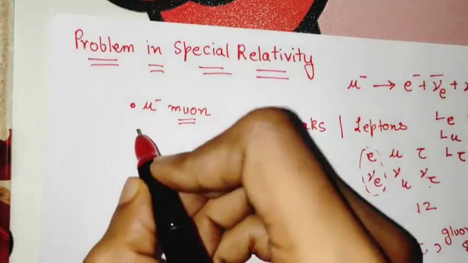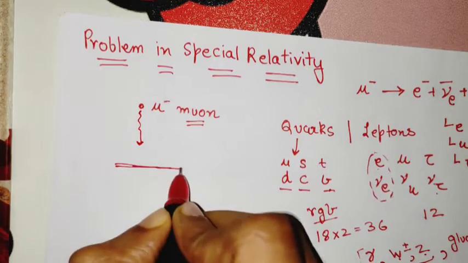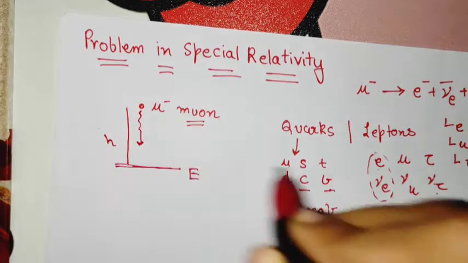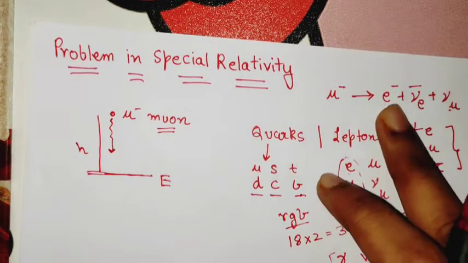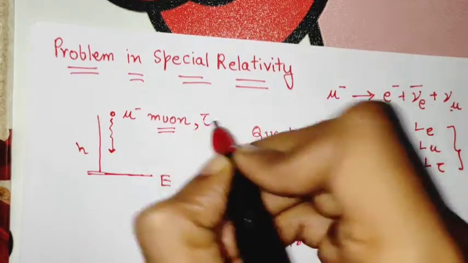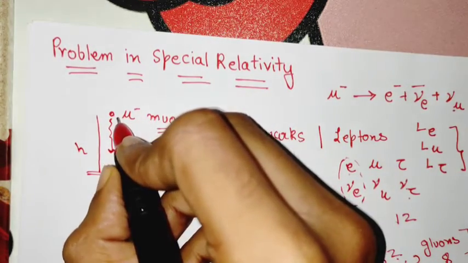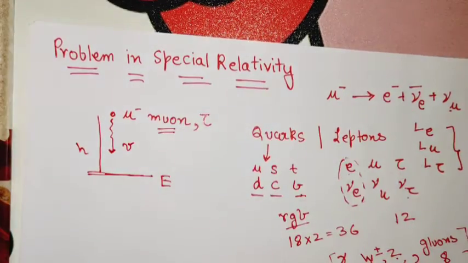Suppose we have such a muon that is traveling towards Earth, and here we have Earth, and suppose this height is h, and now this muon will have a lifetime. It is the lifetime after which the muon will decay into this electron and anti-neutrino, neutrino combination. Let that lifetime be given as tau. Suppose this muon has been created in the upper atmosphere and it is traveling vertically towards Earth with a velocity of v.